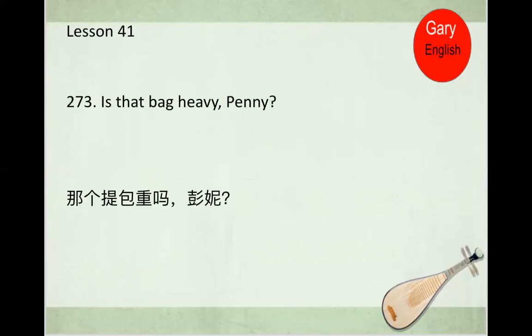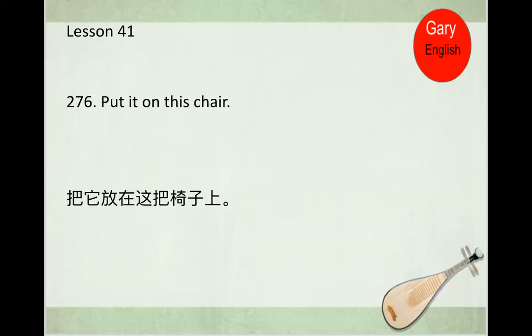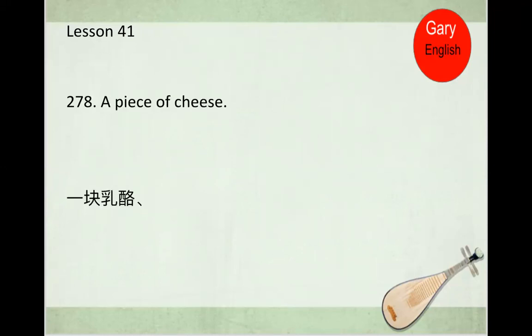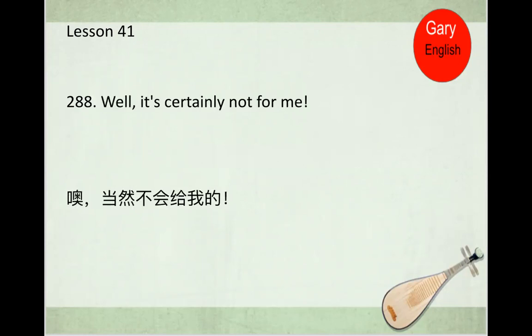Is that bag heavy, Penny? Not very. Here, put it on this chair. What's in it? A piece of cheese, a loaf of bread, a bar of soap, a bar of chocolate, a bottle of milk, a pound of sugar, half a pound of coffee, a quarter of a pound of tea, and a tin of tobacco. Is that tin of tobacco for me? Well, it's certainly not for me,